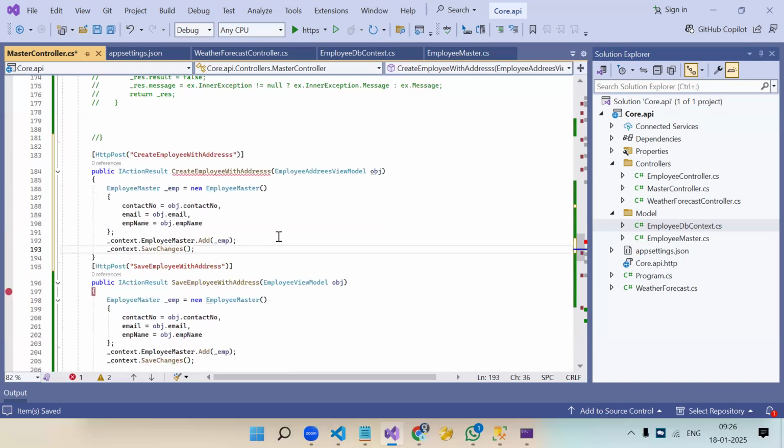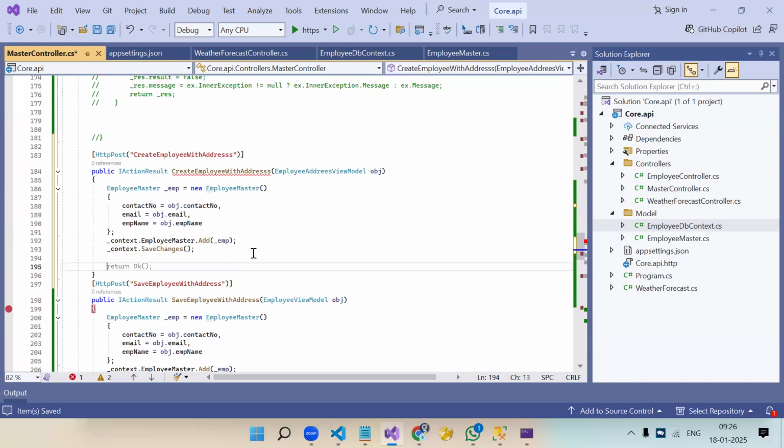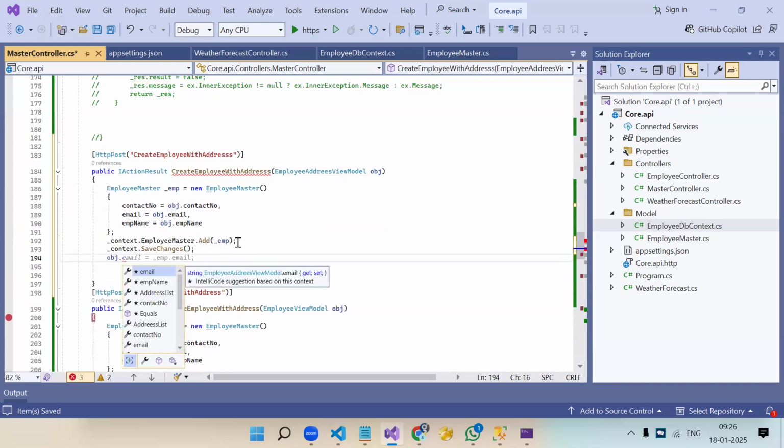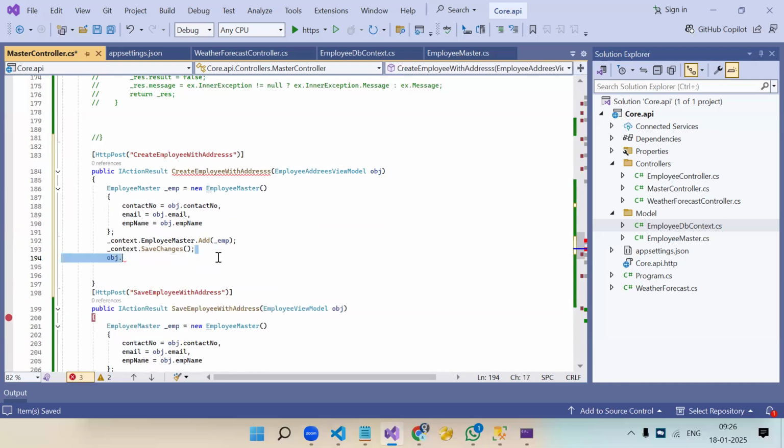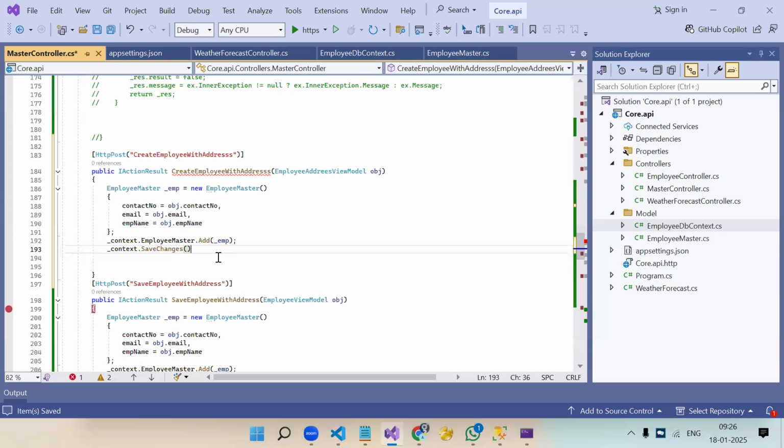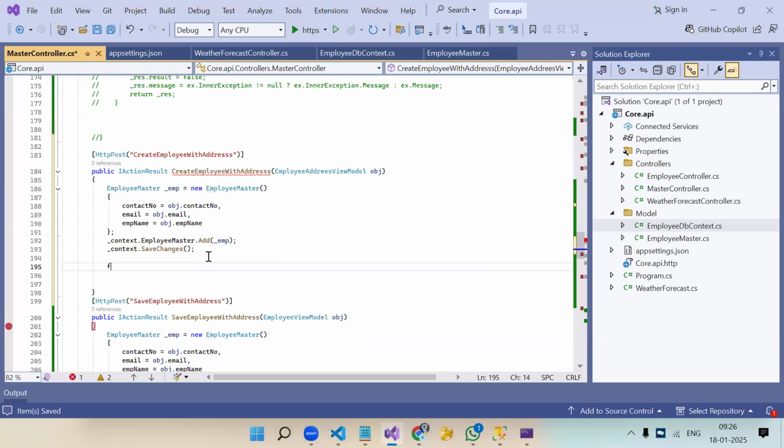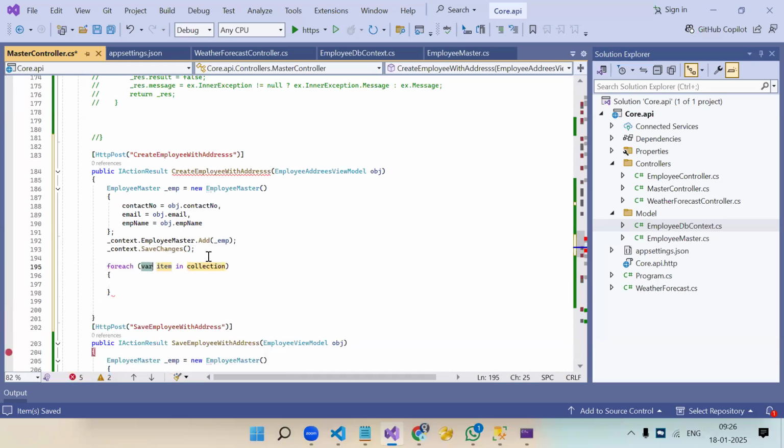There won't be any change. But now in the object, if I press object dot, see, address list, multiple data we are going to get. If it's multiple, we have to use a for loop. So a foreach loop we will use